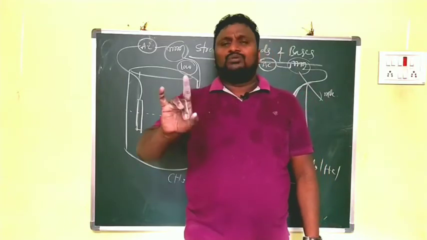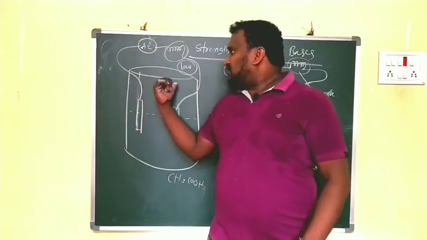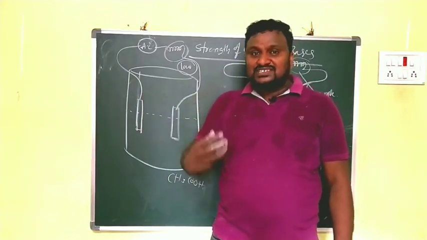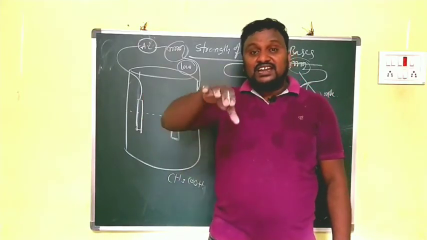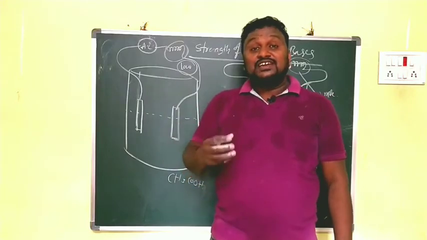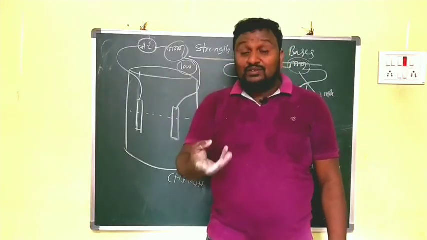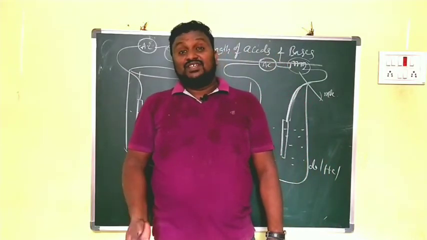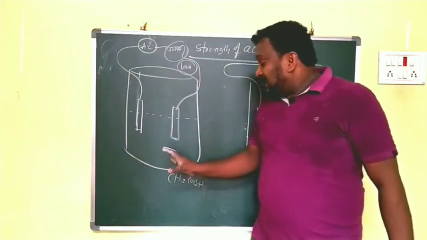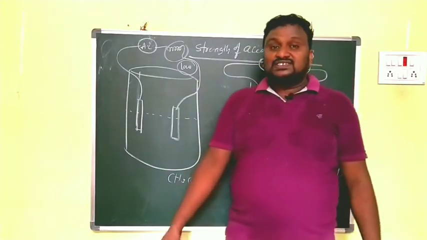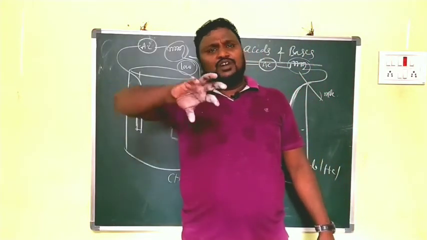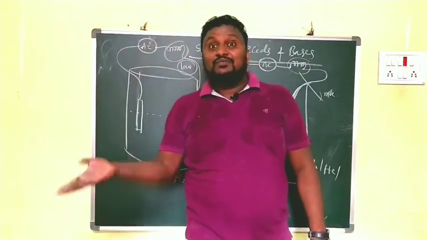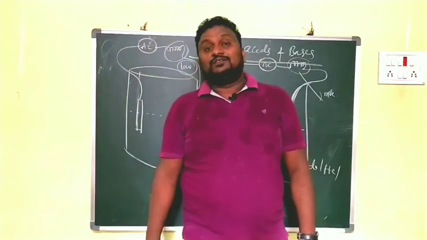That means no, because as we saw in the previous example, for acetic acid the intensity of the bulb is less. That's why we say it is the weak acid. If the bulb glows, then we can observe whether it has more intensity or less intensity. But if you replace the acids by bases, in both cases the bulb will not glow. If the bulb glows, then only we can decide whether they are strong or weak.